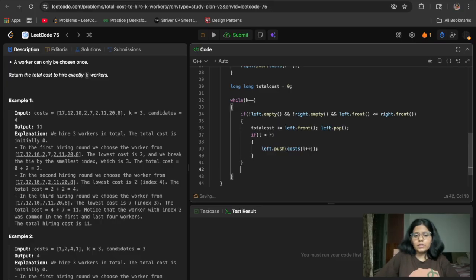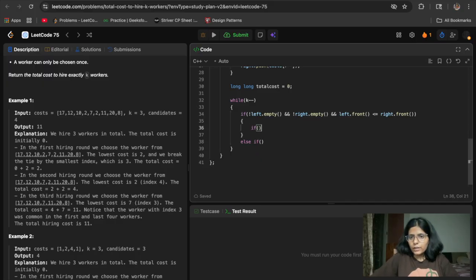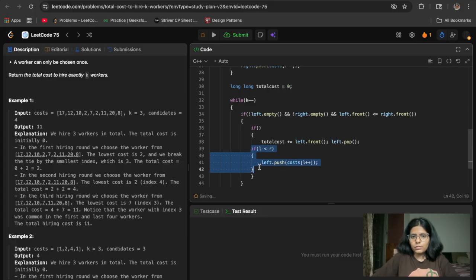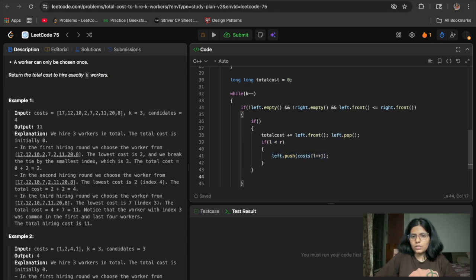And else, or here I can say that I don't want to repeat this. Here itself I will do next if this and this. If this happens, then do this, and otherwise we'll do something else, which is this.